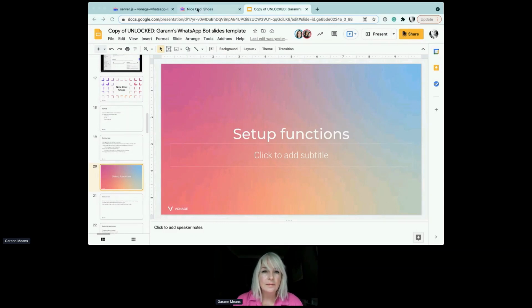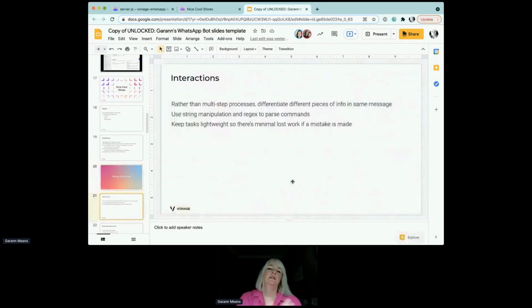Okay, let's go forward. So the interactions. Rather than multi-step processes, we're going to differentiate different pieces of info in the same message where we can, because it's less to track. Basically, if we don't have to track the state, we don't want to. Again, with a messaging bot of any kind, it's easier if you just don't have